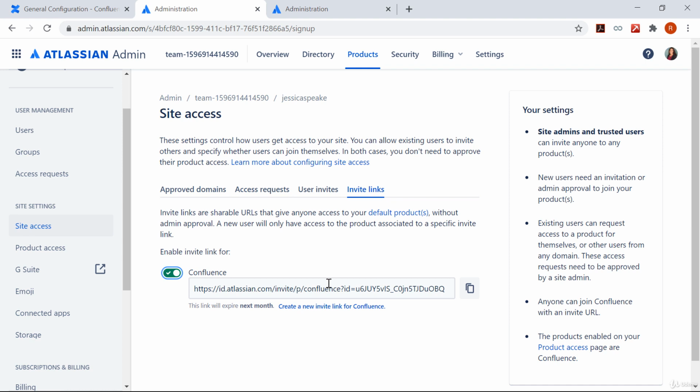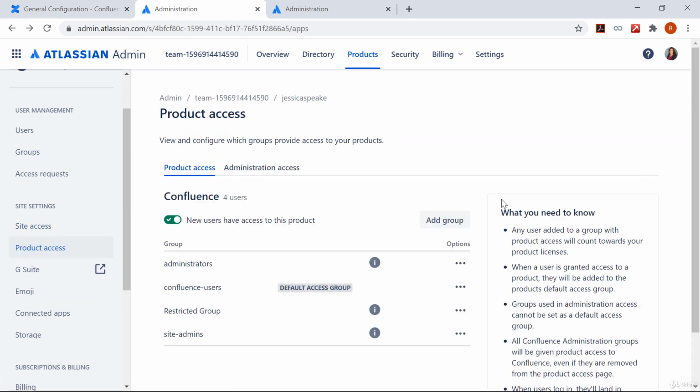One important point to be noted here, a new user will only have access to the product associated to a specific invite link. So let's see what product is associated here. To see that, go to product access. So you can see the product here is Confluence, and there are 4 different types of group listed over here.